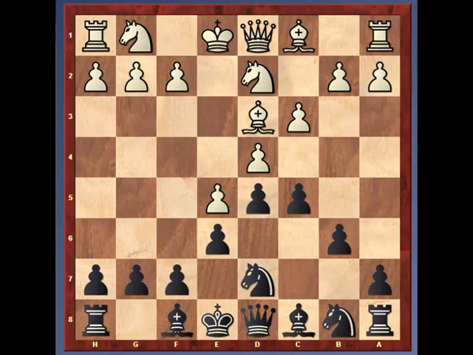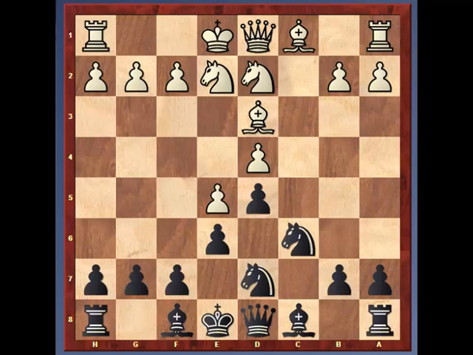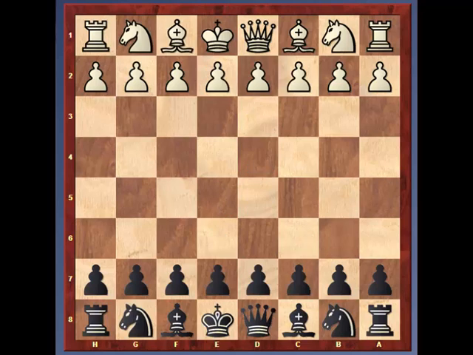There's the Tarrasch closed with knight to C6. And that last is the Leningrad extension. Right there. So again, with the Leningrad,